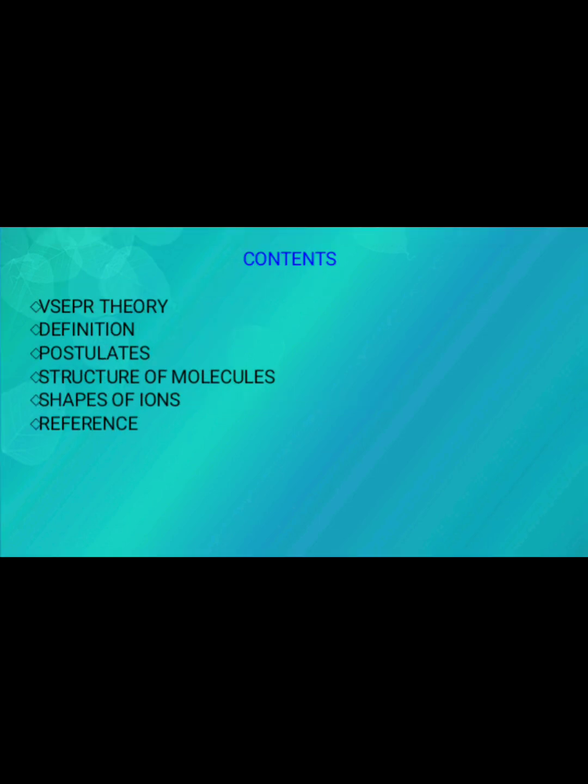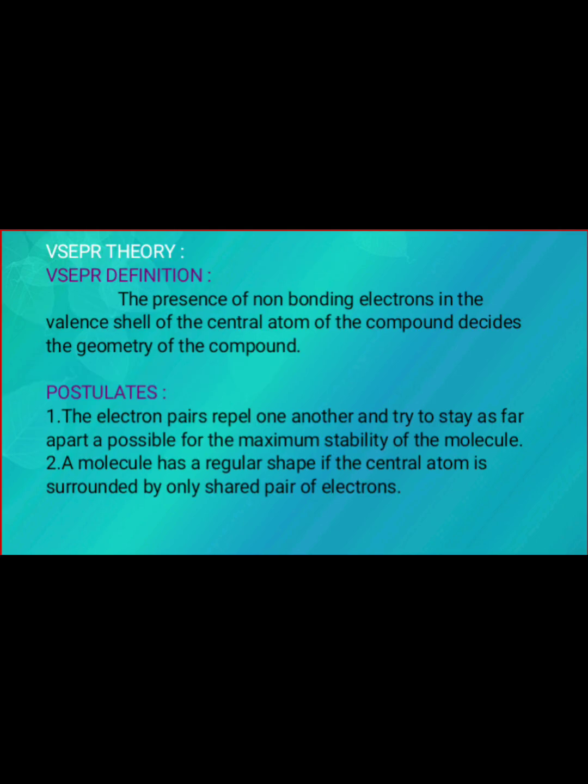Today I am discussing the VSEPR theory: contents, definition, postulates, structure of molecules, shapes of ions and references. Definition: the presence of non-bonding electrons in the valency shell of the central atom of the compound decides the geometry